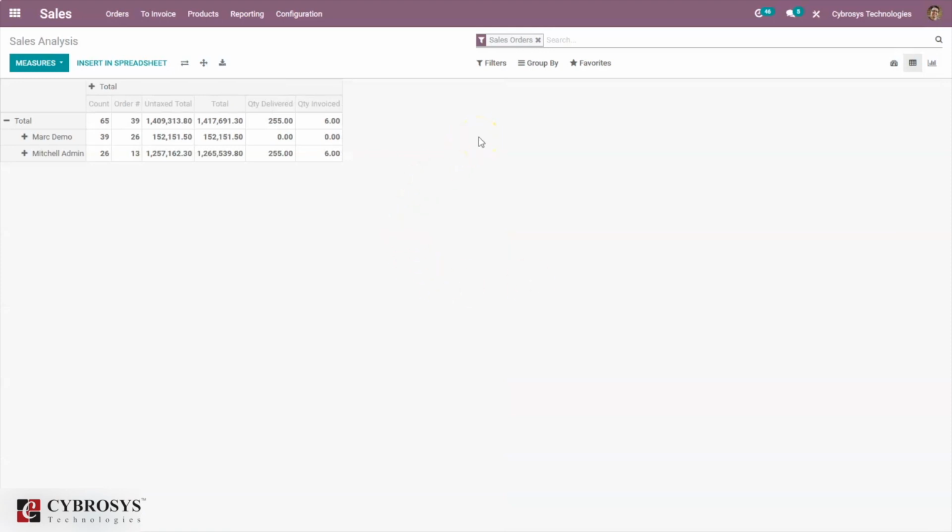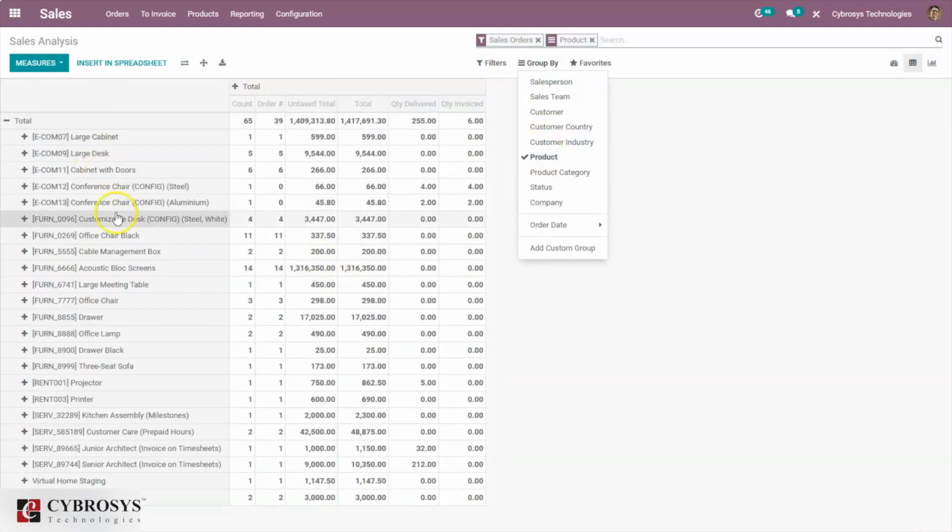Let's consider an example of providing commission to partners or salespersons for selling some products. That is, if a product is sold, some percentage of the sales price can be given as a commission to those partners. From here, let me group this by product. Here we can see the products and the total count, total sale orders done, total amount, quantity delivered,